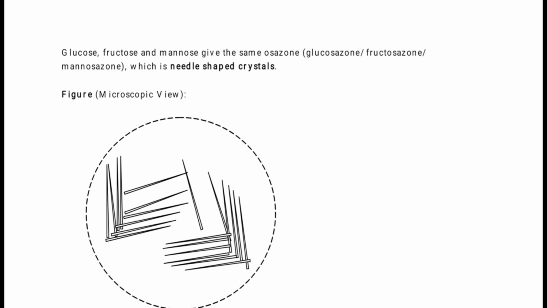And the last one, the osazone test. When a carbohydrate solution, that is a reducing sugar, remember, is heated with phenylhydrazine solution, phenylhydrazones and in turn osazones are formed. That is, crystals are formed, the respective osazones like glucosazone, fructosazone. That precipitate you put as a mount on a slide and observe under the microscope. So glucose and fructose both give needle shaped crystals. Okay, that is all.